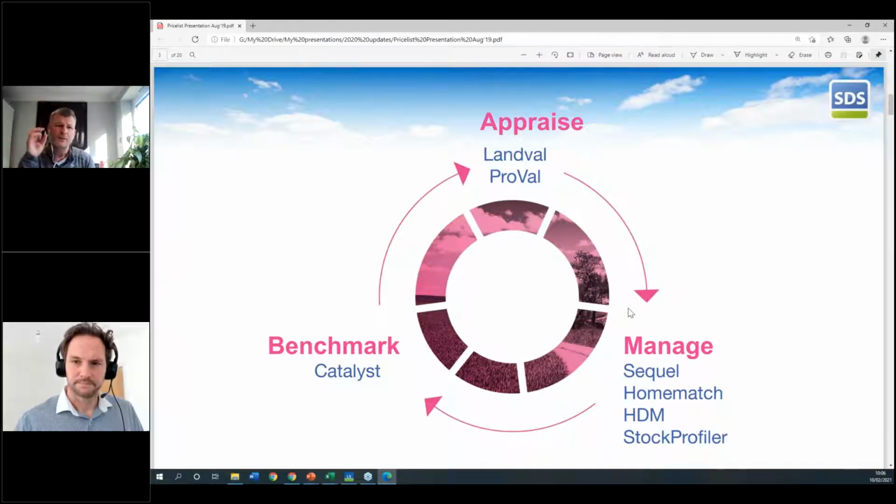So LandVal, back of the fact packet. The first thing we need to do is buy land. Proval is more of an investment model. Sometimes in the big scheme, you can use Proval to do a residual. It's frustrating for land buyers, people who are more focused on purchasing land, that you're looking at this over a period of time. So there's a lot more inputs, though not much more knowledge on finance that you need to get that position. But they're our main viability products.